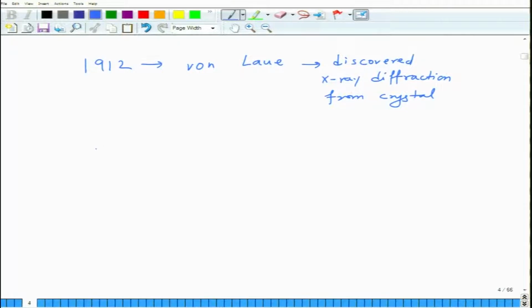And then in 1912, Lawrence and William Bragg, father and son, gave rise to Bragg's law. So, that was again a remarkable discovery. These were two landmarks in crystal characterization using X-ray diffraction. We will not get into the history of it, we will just stop here, but this is basically the message